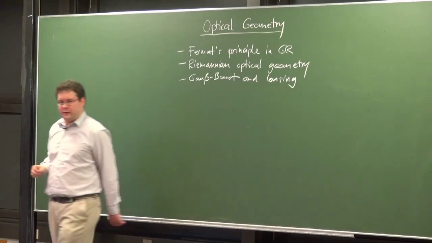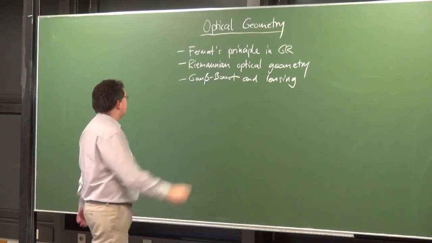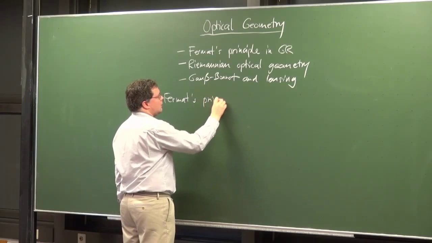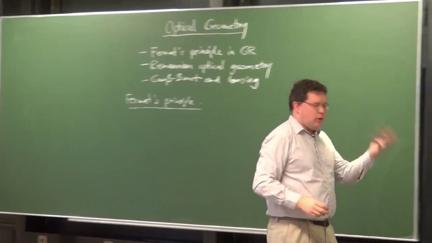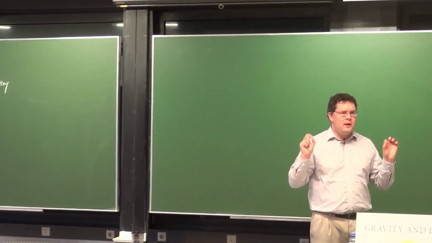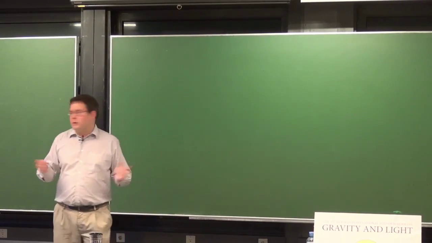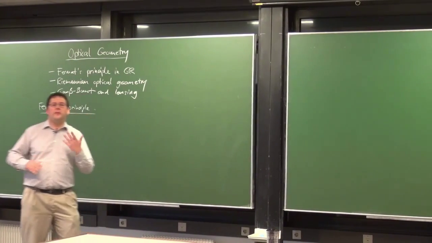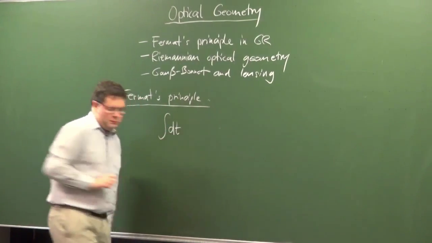Of that first lecture. Now, I think it's probably useful to remind ourselves of Fermat's principle in classical optics. So what does Fermat's principle say? Well, actually, there's an earlier form which goes back to antiquity by Heron, which says that light always takes the shortest path. The shortest path in space is only true if you have a homogeneous optical medium. But more generally, Fermat observed that light always takes the shortest path in time. Right? So the statement is if you integrate along possible paths,